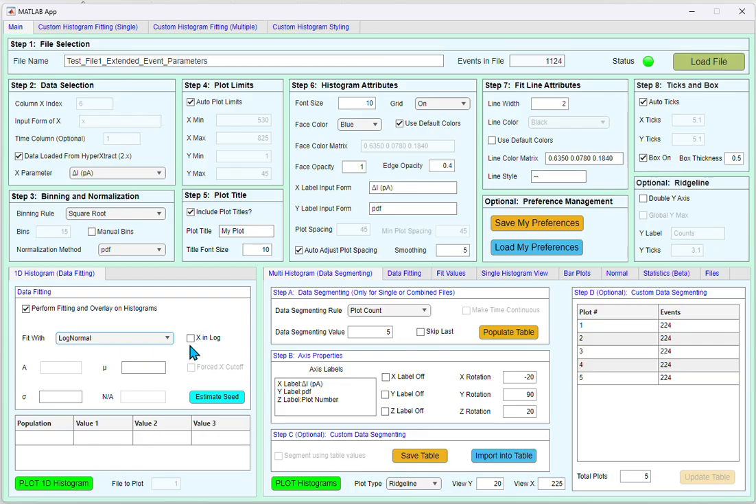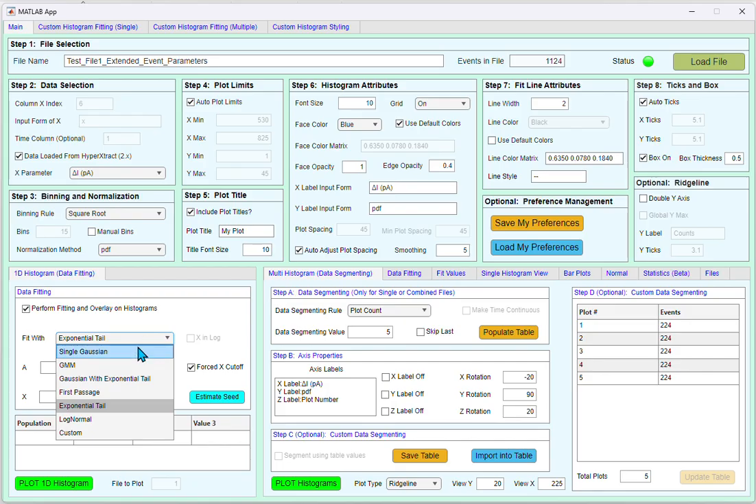Otherwise, the program will convert the data into log scale. The Forced X Cutoff becomes active when the exponential tail option is chosen. If you click Force X Cutoff, you will see a field enabling with the label X. Here, the program essentially eliminates any data points below the bin defined by the field X or the bin with the highest counts. Afterwards, click Estimate Seed to generate a set of initial values that serve as the initial guesses of